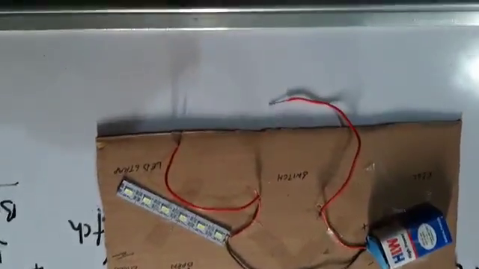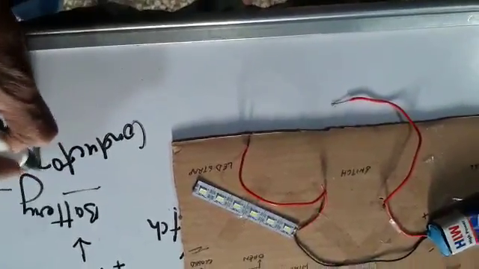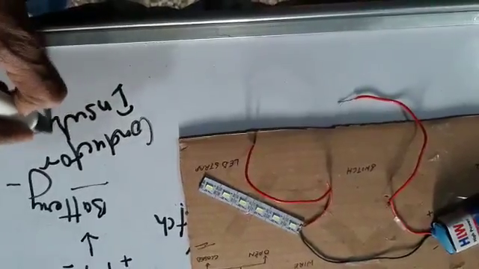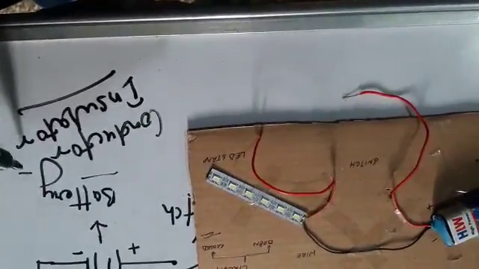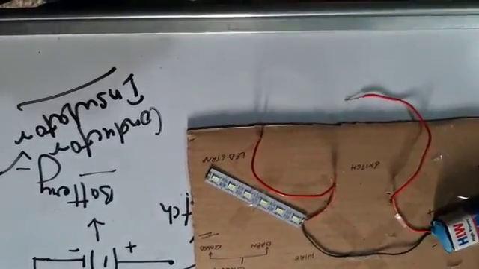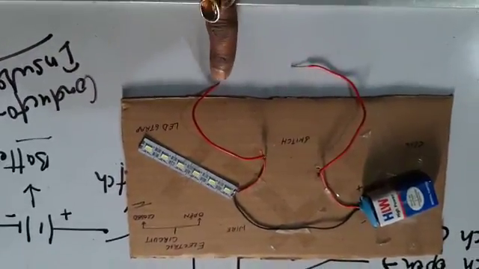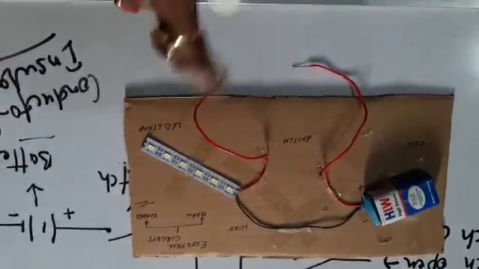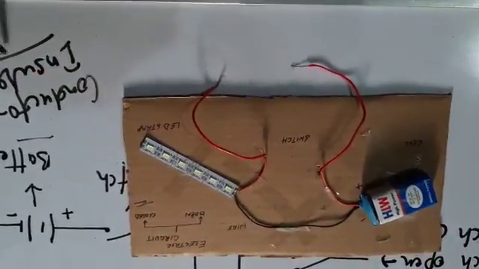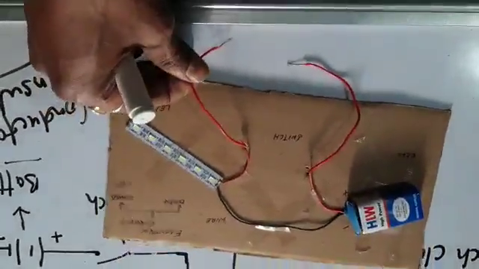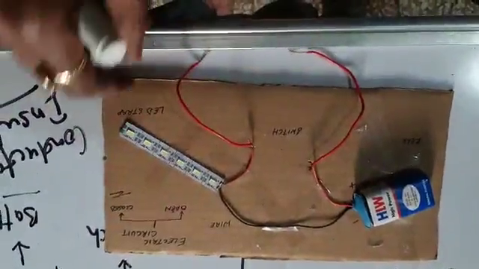One more thing I would like to discuss here: we have studied two more things in this chapter, that is conductors and insulators. Electric current flows only through conductors, that is the conducting materials. So right now we see that if this wire is connected or attached with this board, then the bulb is not lighted. It simply means that this board is an insulator. But let us bring it near to the metal strap of this board and let's see what happens.